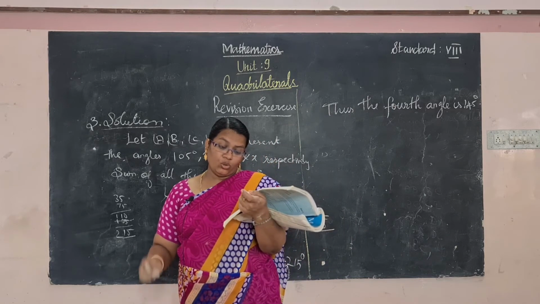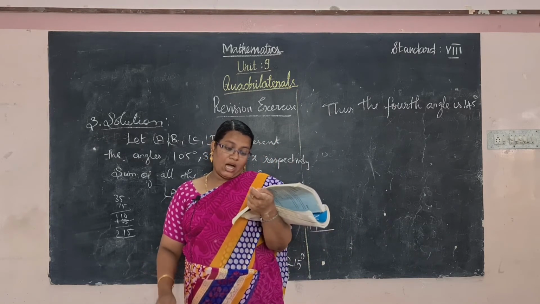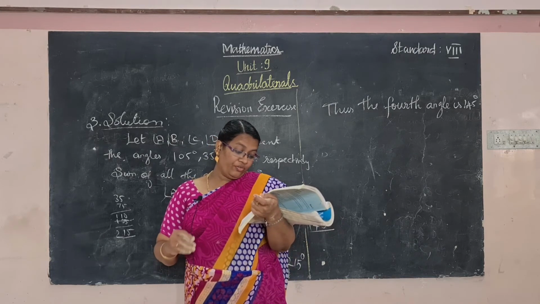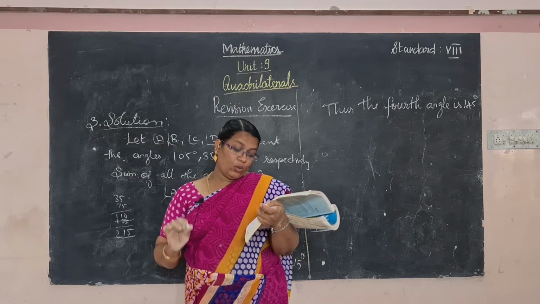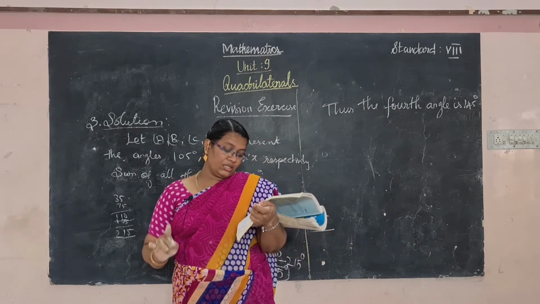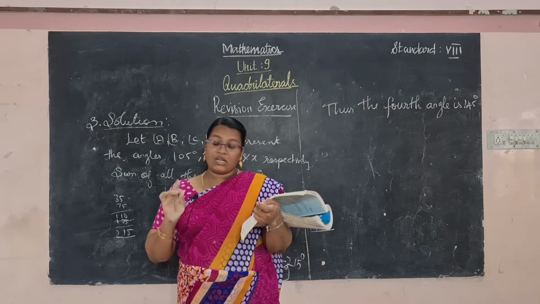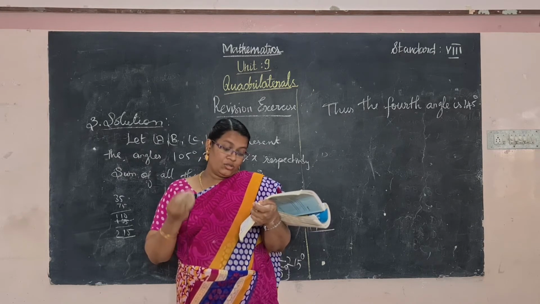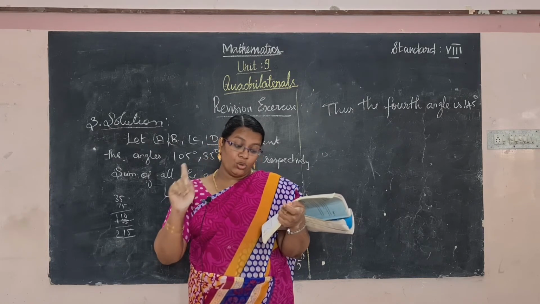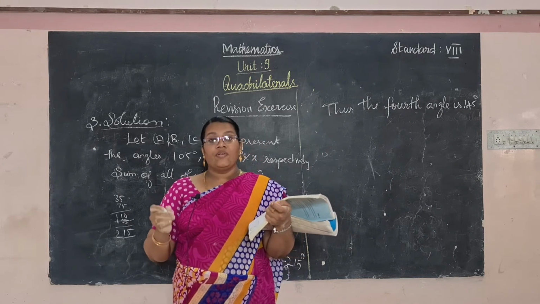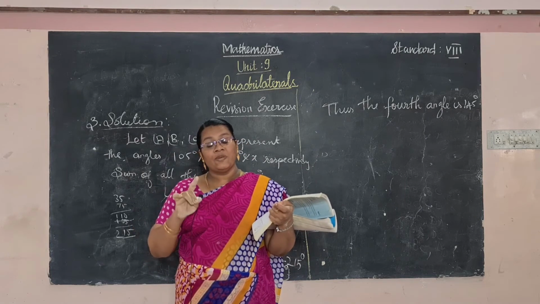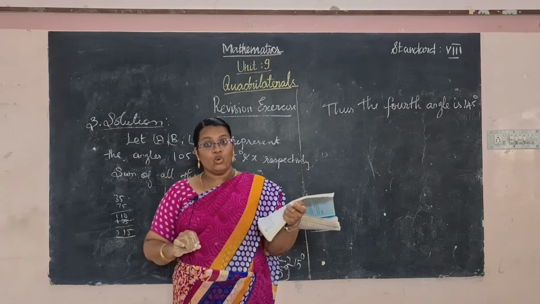The other two angles are equal. What is the measure of each of these equal angles? So what are the data given? Two angles of the quadrilateral. So quadrilateral having the four angles. Two values are given and one more condition is given, the other two angles are equal. So we consider one angle as x. So other two angles are equal means sum of these two values is 2x.